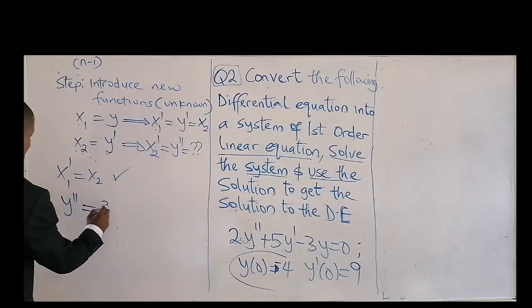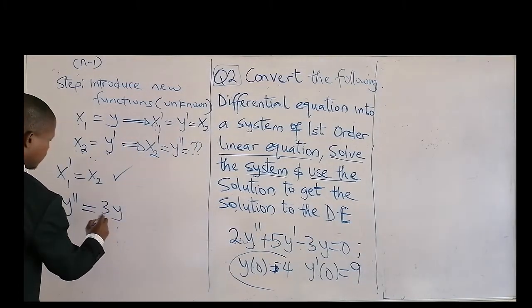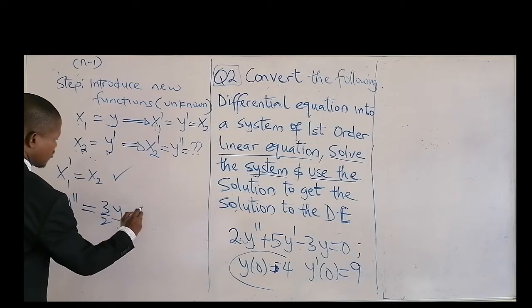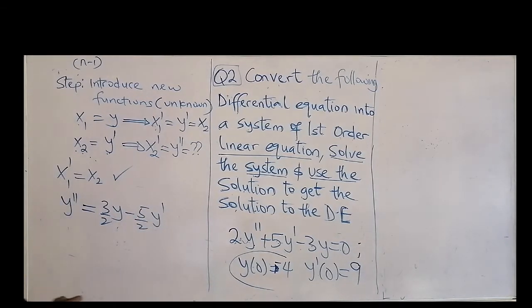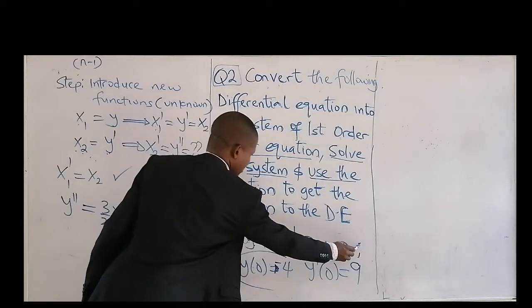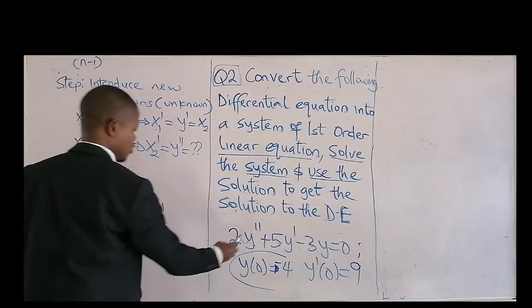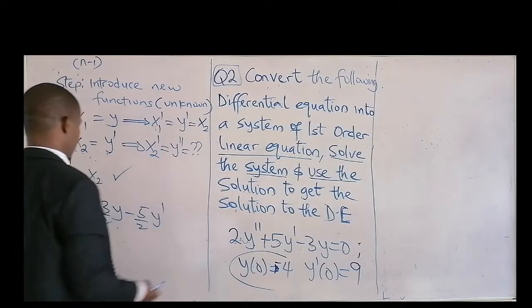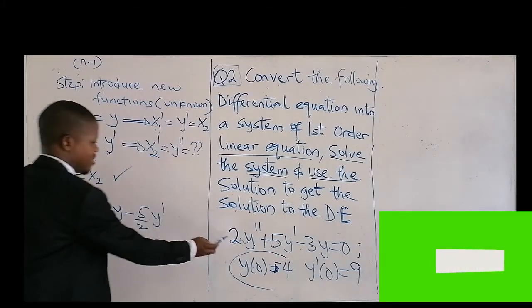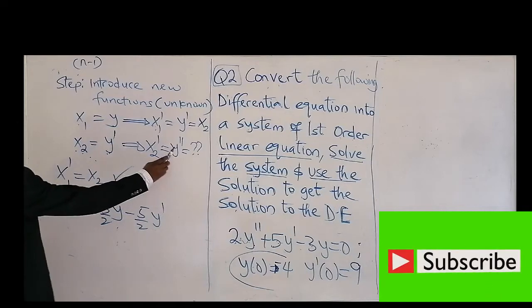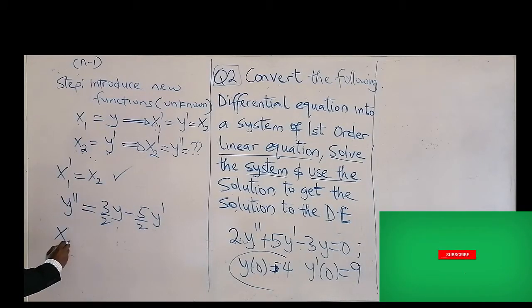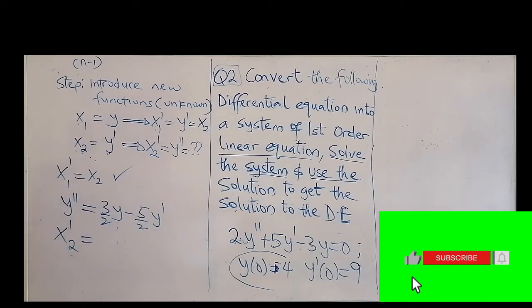So that will be equal to 3y over 2, then minus 5 over 2 first differential. Don't forget, you shift this one to the right side, it becomes plus. You shift this one also to the right side, it becomes plus, and then you divide by 2. And don't forget, your second differential for y is x2 prime, which is equal to